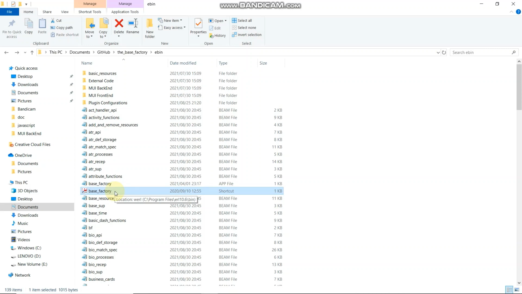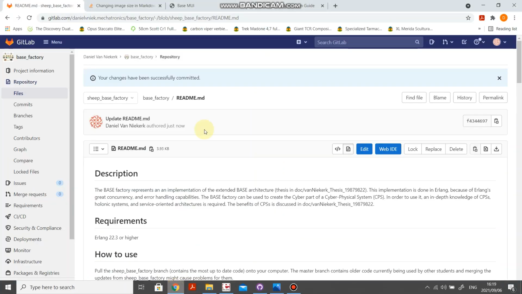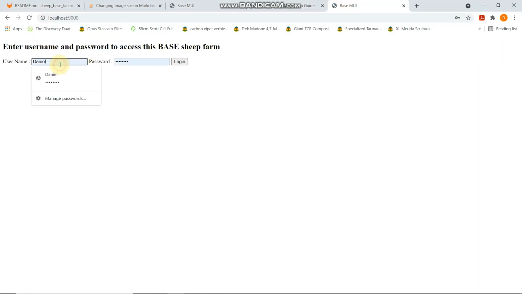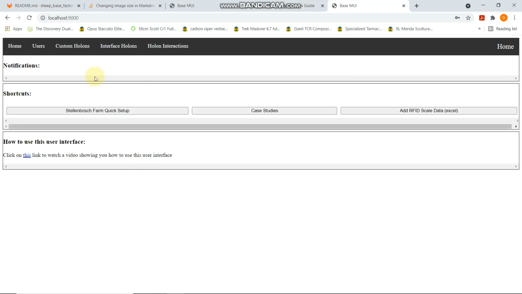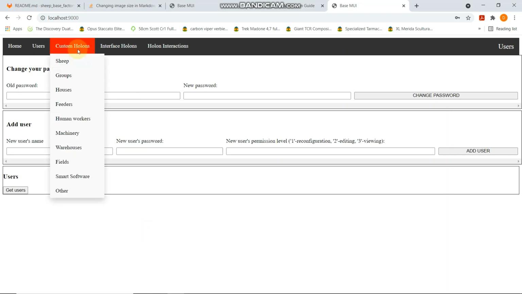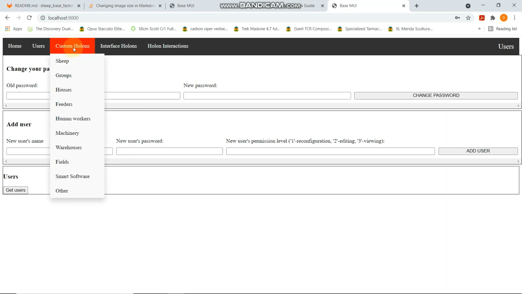So let us just start this up just to see if everything is working. Great. And now if we go to the base factory's user interface, this is what you'll see. And as shown in the README file, if you want to add users, you do this here. We're not going to do that now. We're going to focus in this video on how to add new custom Holons to your custom non-interface Holons to